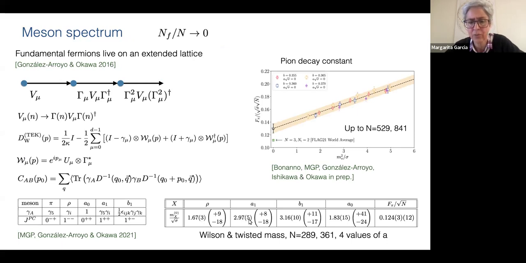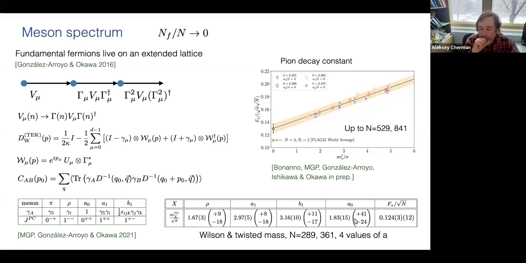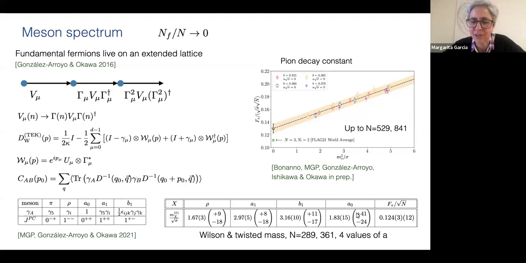So there is the question of whether, for instance, this is a very difficult state also for us. There is a debate of whether it is degenerate or not with the rho. Here it comes very close, but okay. I'm not sure there is even an experimental well-defined value for this quantity here. But the numbers are not very different. I mean, they are not very far away from the real world.